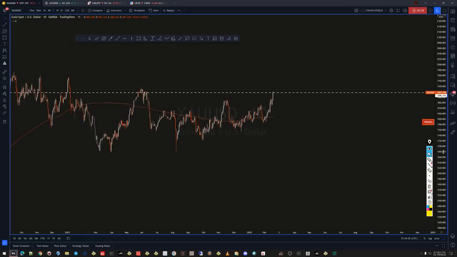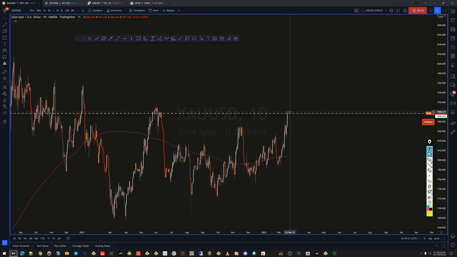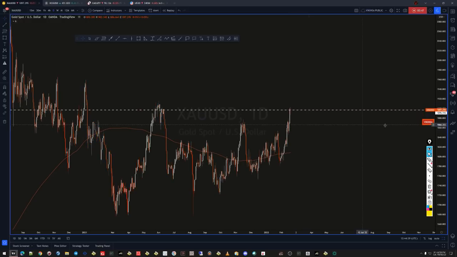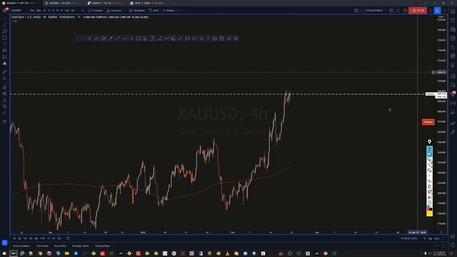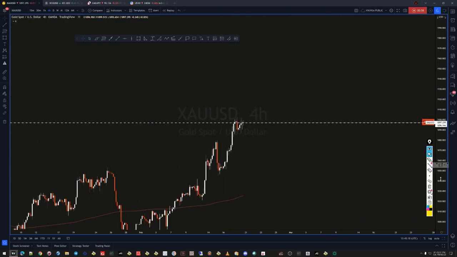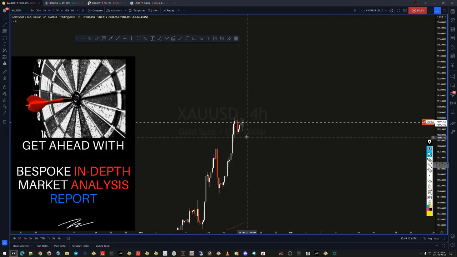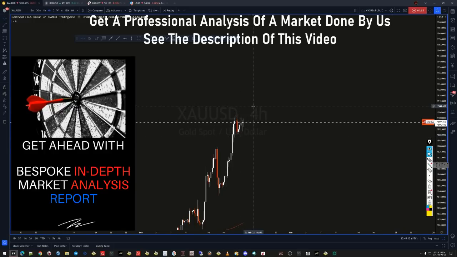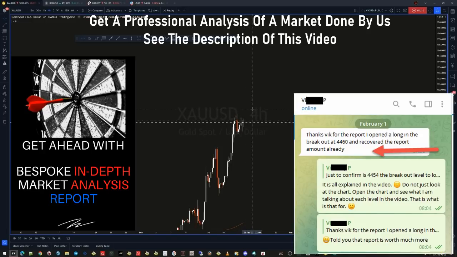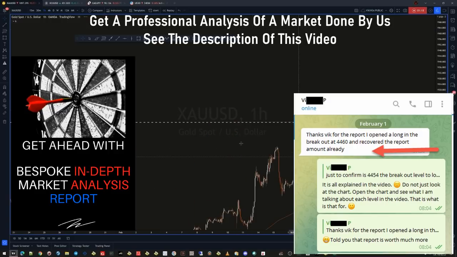So what gold has done so far is that it has come to one of our targets. In fact, it has reached three bullish targets, and now it is sitting around the 1900 level. Now, 1900 is a round number, so there was some expectation for it to fall, and that's what it did. It just showed a little bit of reaction here, but our target is near about 1910 or so. So what we can expect is that gold can do another round up to around 1910 or so, or maybe even a little higher, before it starts to fall. That's one of the expectations.